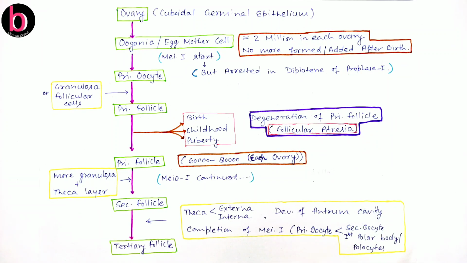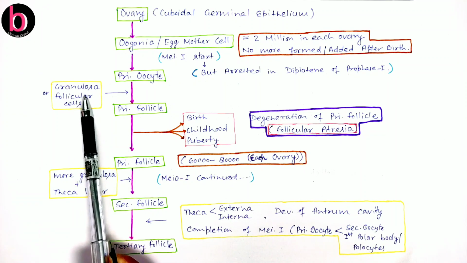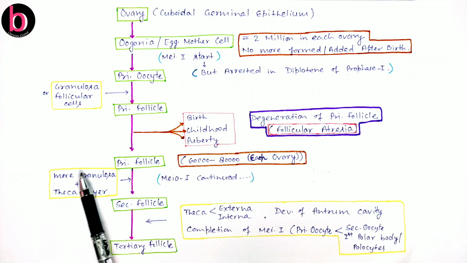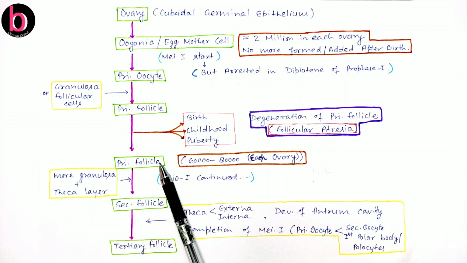This is the death of the primary follicle. The dead follicles are known as atretic follicles. The follicles which get degenerated during the process are known as atretic follicles. So these primary follicles later get covered by more and more layers of granulosa cells. Here there is only one or a few layers of granulosa. Now there will be more addition of granulosa cell layers, and one more very important layer, the theca layer, which is also secreted by the ovarian wall. It gets covered around the primary follicles.